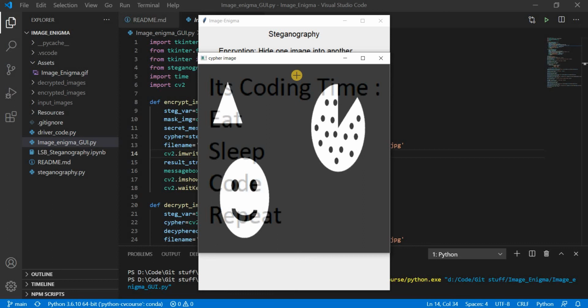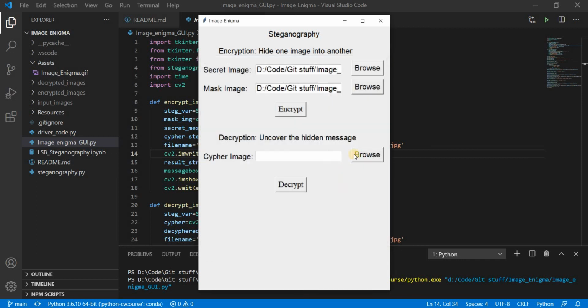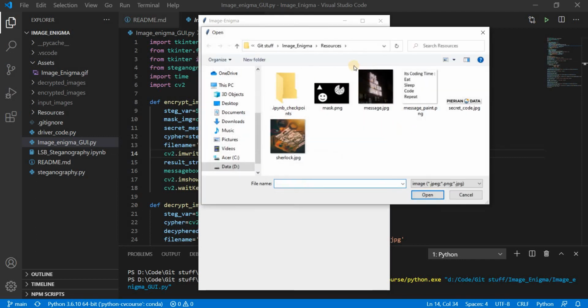This is the file. As you can see, the 2 bits of the mask and 6 bits of the message. So the message is somewhat visible, but while decrypting, this choice gave the highest accuracy, but still the work is going on, improving the accuracy without compromising the message and the mask. So let's try it.